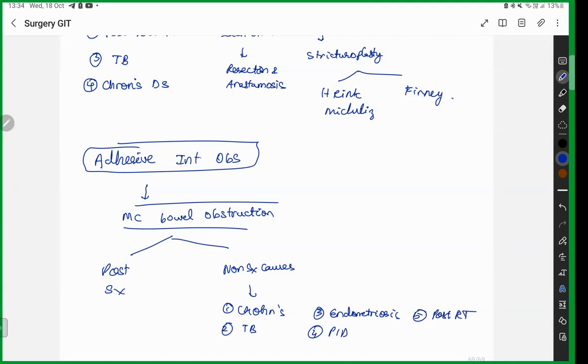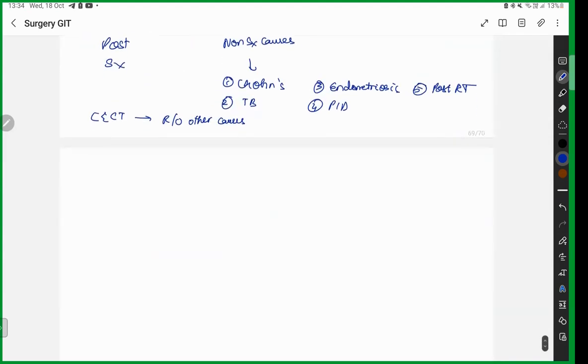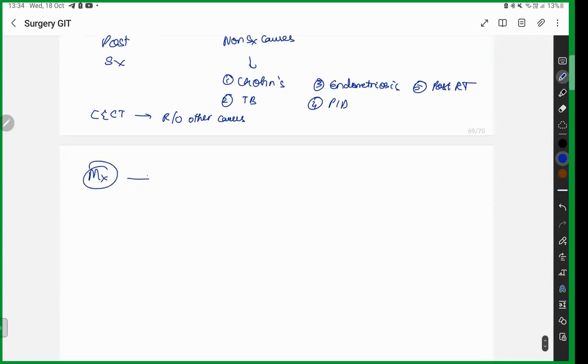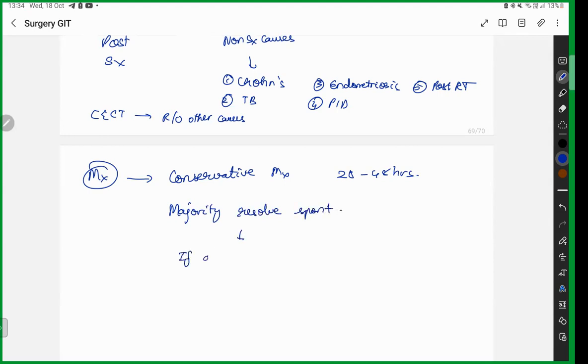So CECT is done to rule out other causes. Why do you do CECT? CECT is done to rule out other causes. So what is going to be the management? Management is very important. It's a conservative management, for 24 to 48 hours. Majority will resolve spontaneously. So remember, majority is going to resolve spontaneously. And if adhesiolysis is done,